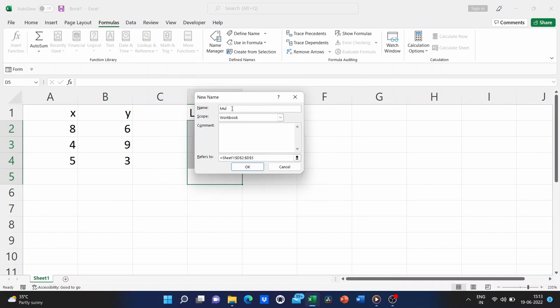So let's call it multiply xy. And the formula we want to use here is going to be equals lambda. And we're going to input both x and y variables. And for the calculation, we want it to be x times y. Hit OK.